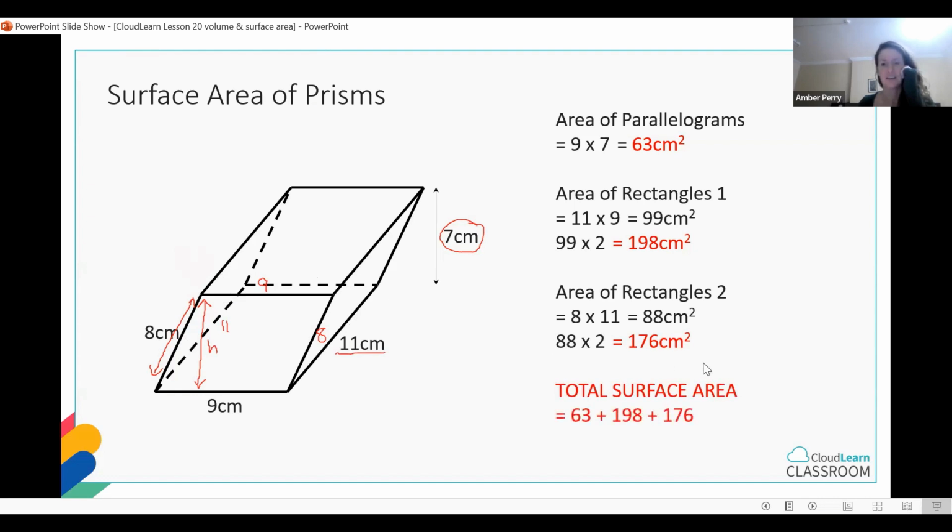Total surface area then. Oh, look, I did. So, you know, you've got to just really double check your work with these. It's so easy to make a mistake. I should have multiplied that by 2. So I should add on another 63 here to get the right answer. So I do apologize there. I've made a mistake there. The total surface area should actually be